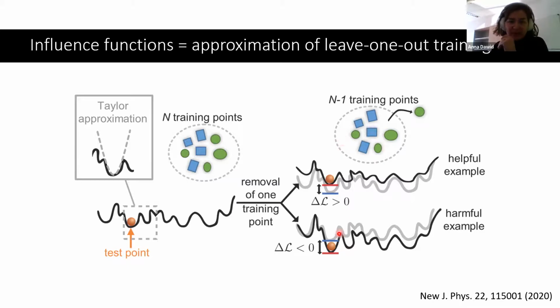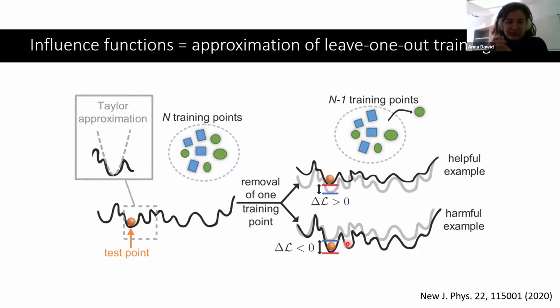The opposite can happen if you remove this one training point and retrain your model. It may happen that your prediction got better now. This means that you removed a harmful training example for this prediction. And of course, there may also not have been any change to the prediction, which would mean that the point you removed was not influential.